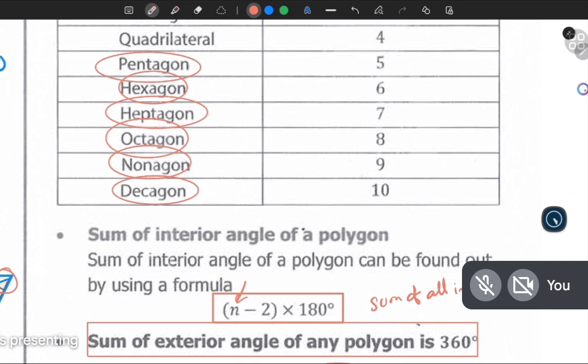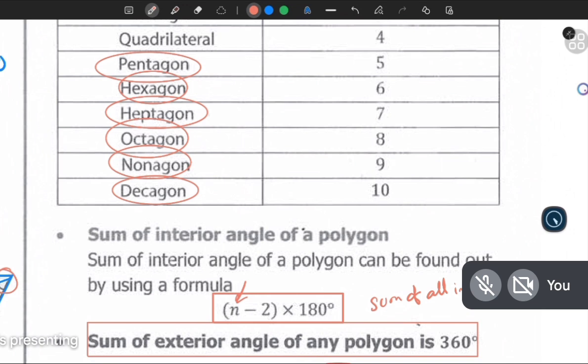N is basically how many sides that shape has. That would give you this formula, and then you can get the total sum of angles